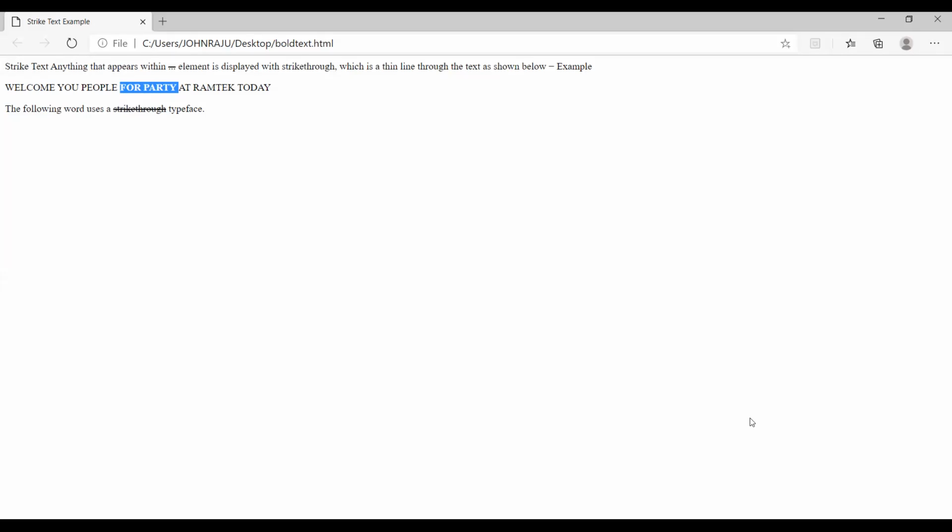Because they are using bold text. Yes, you are correct. So we used the bold tag only for the words for party, not for others. If we keep the whole sentence within the bold tag, it will appear all bold. Let us see that also, how it looks.